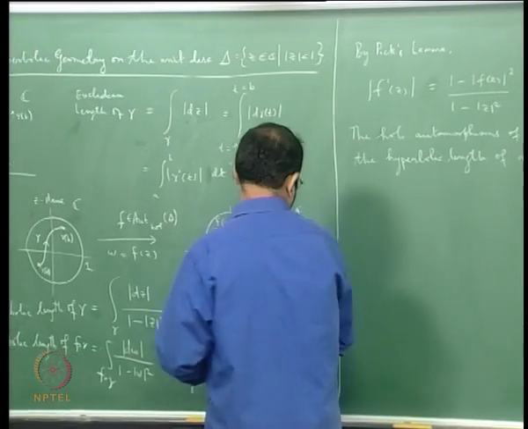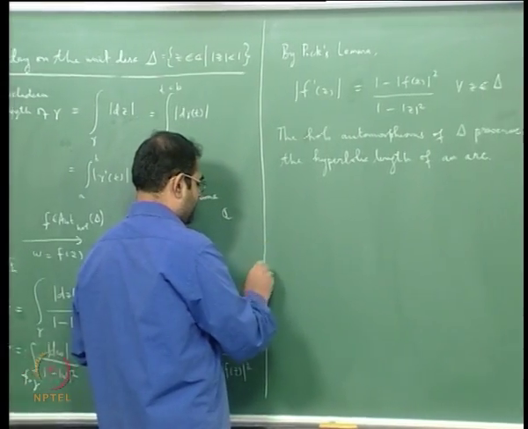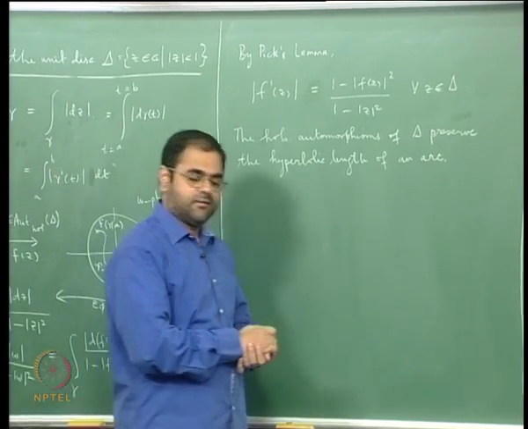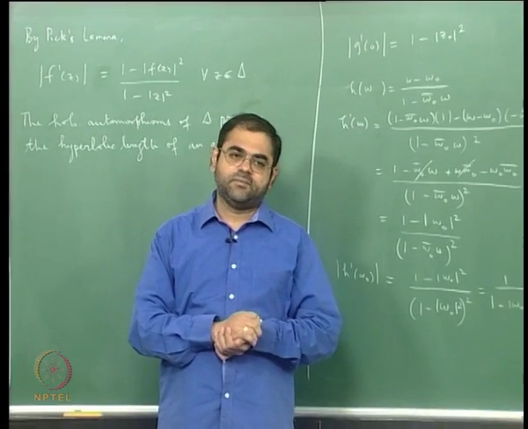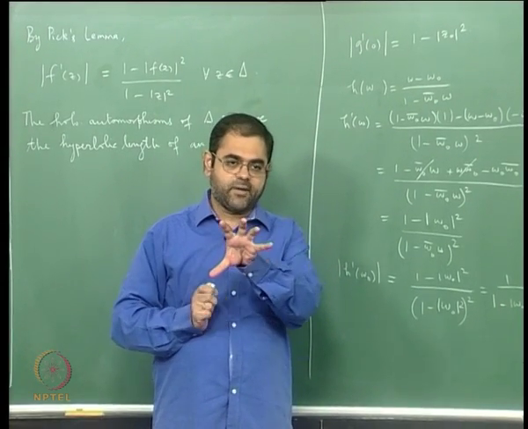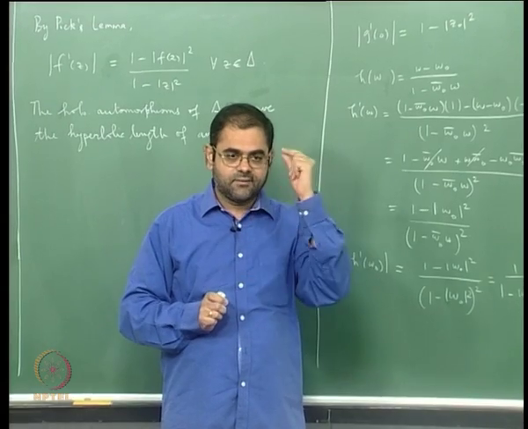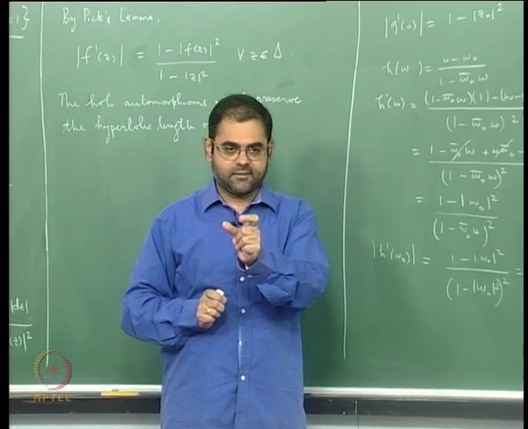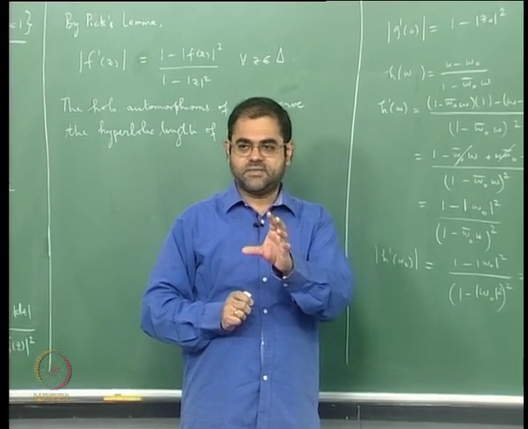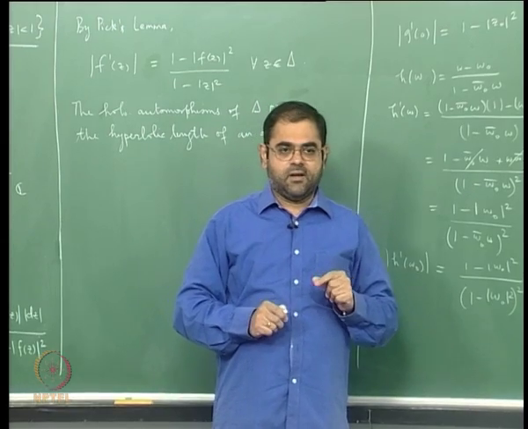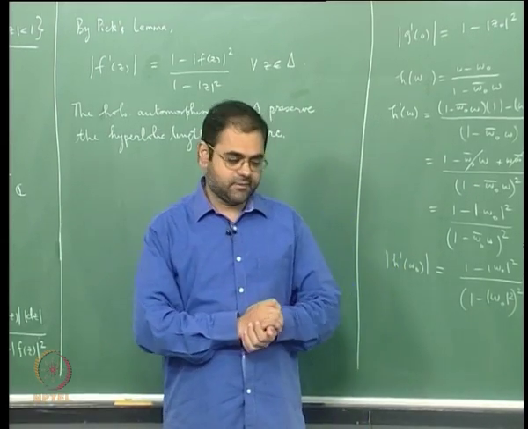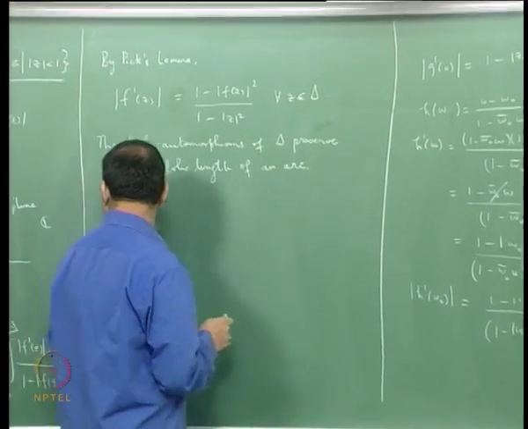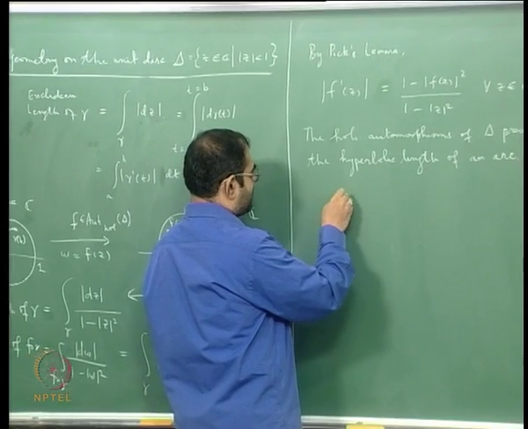Now, as far as Euclidean space is concerned, the unit disk is bounded, and if you take the ordinary length between any 2 points it is going to be finite. Of course it cannot exceed 2, which is the diameter of the unit disk. If you take a straight line segment, the length is less than 2, but what about hyperbolic distance? It is rather curious, we can make a computation.